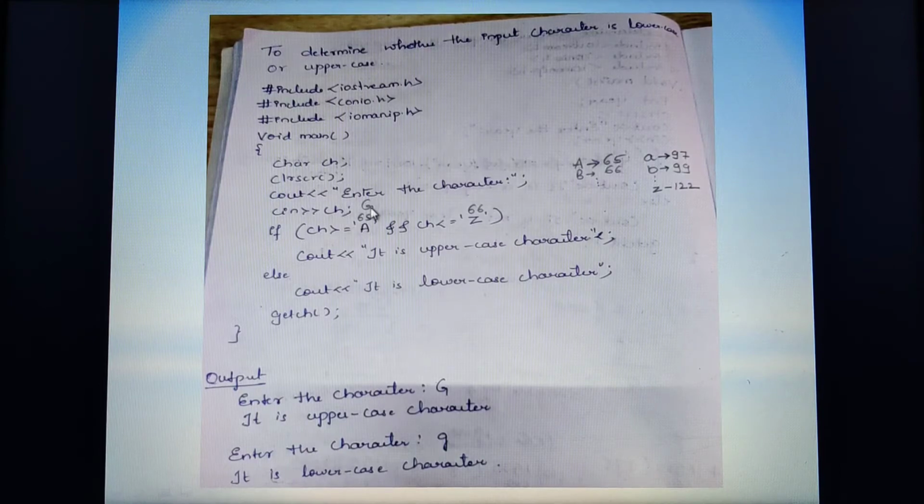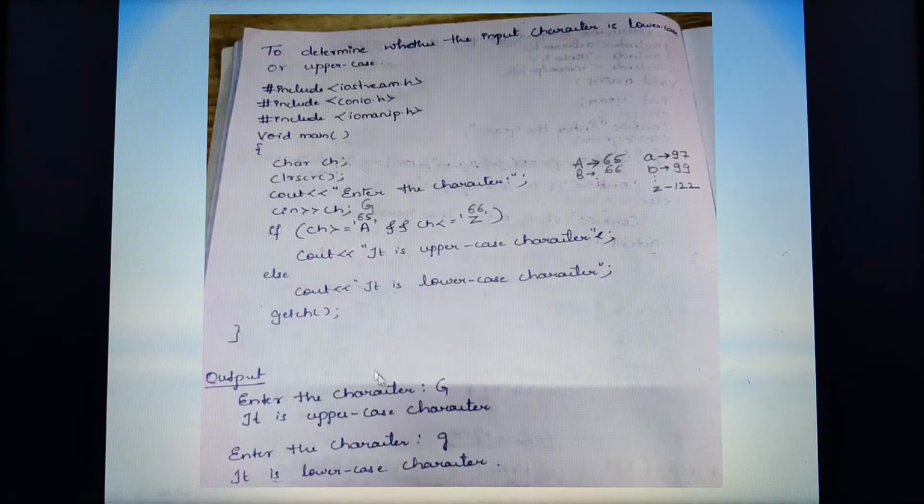Now I have entered the character here as capital G, and the ASCII value of capital G would definitely be between 65 and 96. So if the ASCII value falls within this range, it will be uppercase.